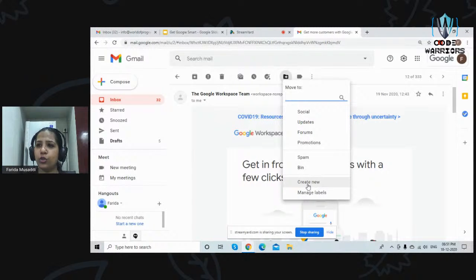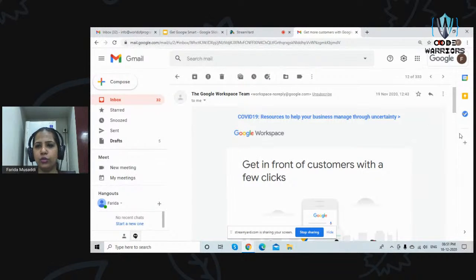I can create new labels also, and I can move this email to that section. So this is how you can filter or segregate your emails. Whenever an email comes, you can forward it or you can move it to that label, to that folder. So this is a little guide on your Gmail.